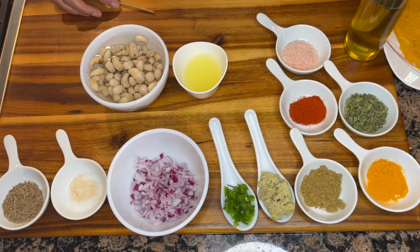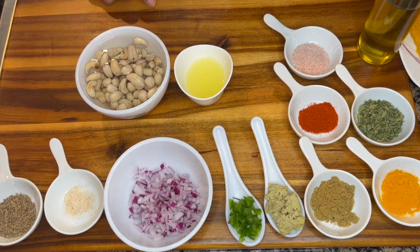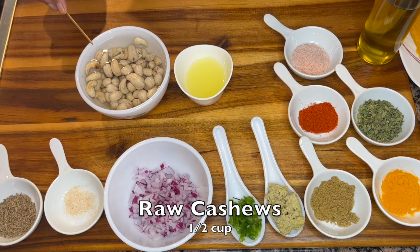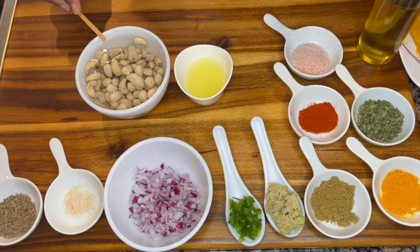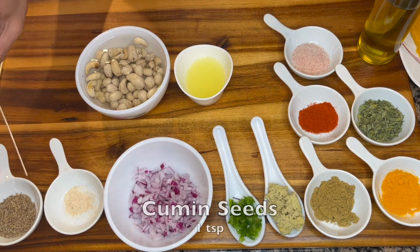I'm going to walk you through the ingredients we're going to need to prepare our sauce. Typically it's made with yogurt, but since we are making a vegan version of it, we will use cashews. In this bowl, I have half a cup of cashews soaking in a cup of water, 3 tablespoons of freshly squeezed lemon juice. For seasoning, I have 1 teaspoon of cumin seeds,